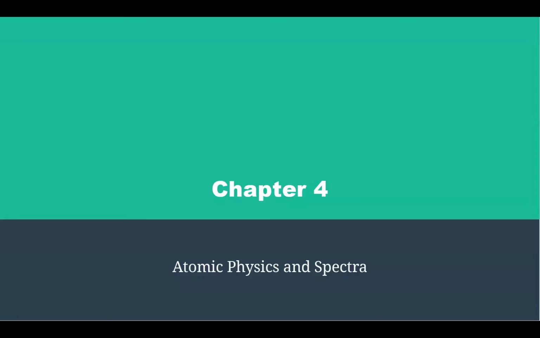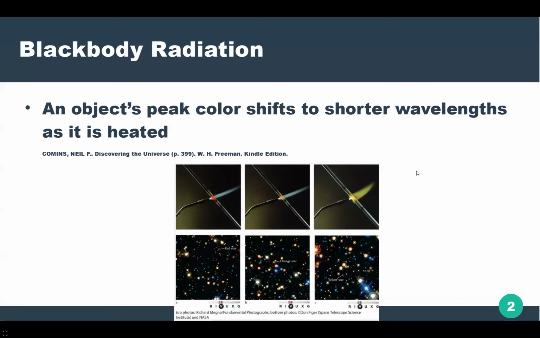Hello and welcome to Chapter 4 on Atomic Physics and Spectra. To begin with, we're going to talk about black body radiation, which is radiation when what is essentially a black